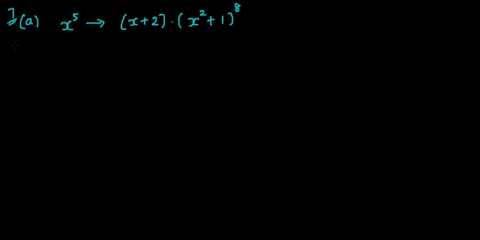Here in this case, you need to simplify the given binomials. When the product of binomials is given like this, we have to simplify them. So I write the answer like this. I write x plus 2, that is having a simple power, 1 power as it is, and in the bracket I am going to write all the terms of the expansion of x square plus 1 raised to 8.